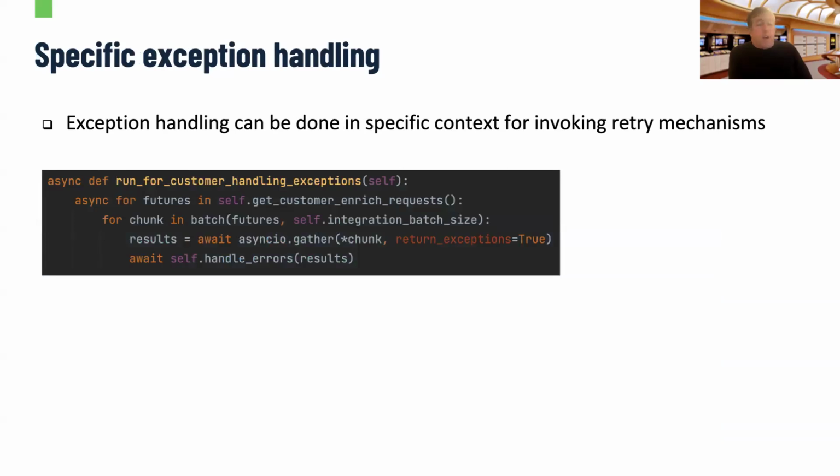Specifically for gather, you have two ways to handle exceptions. You can do it inside each of the coroutines like I did before, or you can ask gather to collect all the exceptions from each of the coroutines, and then you can handle errors together. For instance, if you want to have some retry mechanism, then this is a good way to do it. So you gather all the errors, and then you can retry all those that failed, or decide to do whatever you want with those that did not succeed.